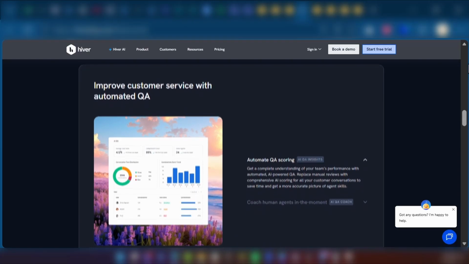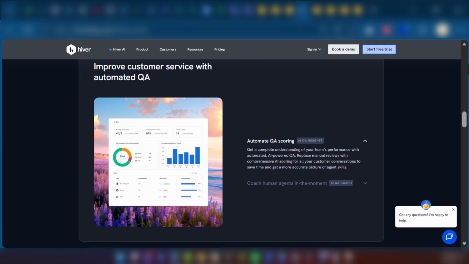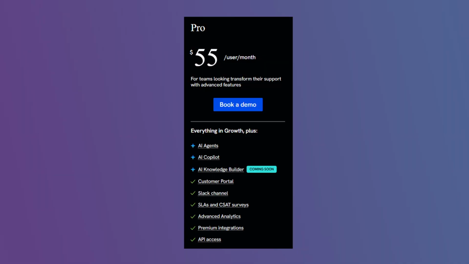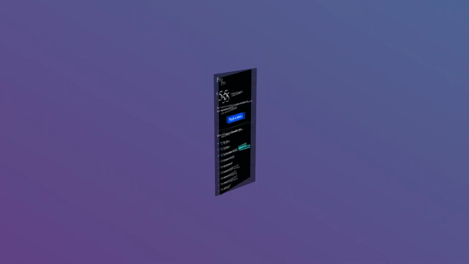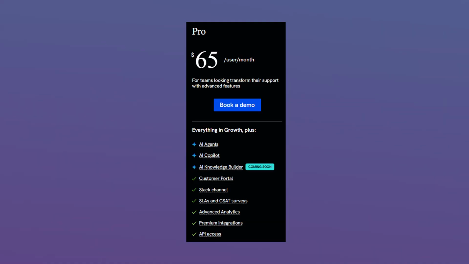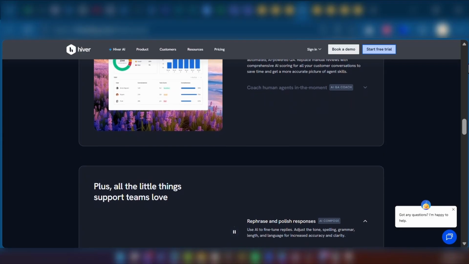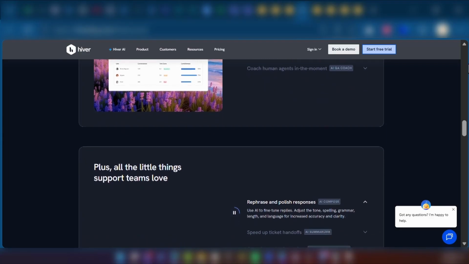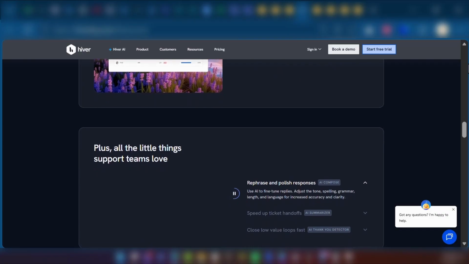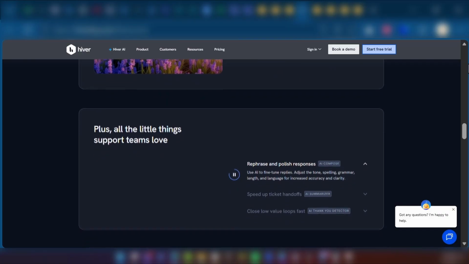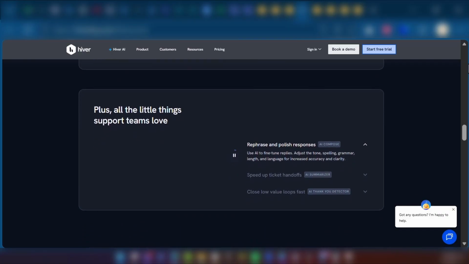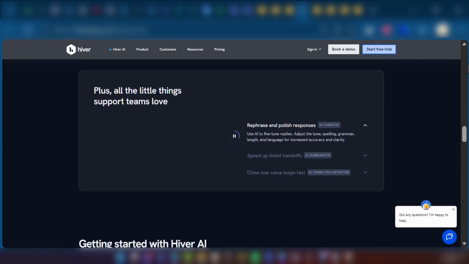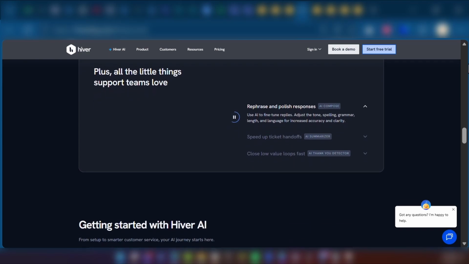For scaling operations, Hiver offers the most popular tier, the Pro plan. This tier costs $55 per user per month on an annual contract or $65 per user per month when billed monthly. This is where the platform introduces critical customer service features. If an organization requires SLA management, CSAT surveys, or load balance assignments to prevent agent burnout, they are forced onto